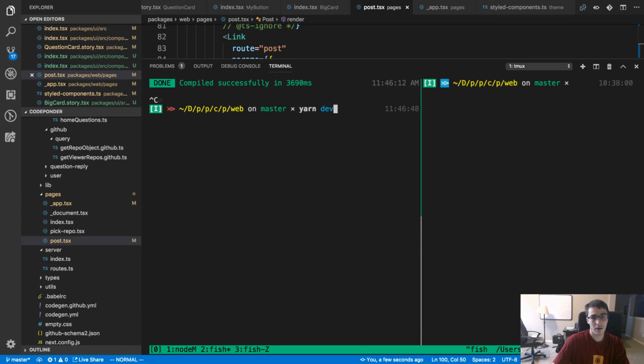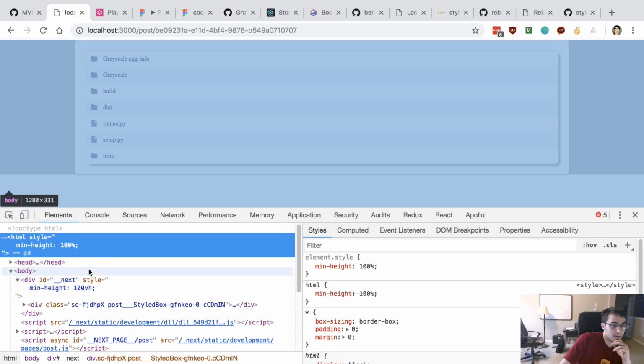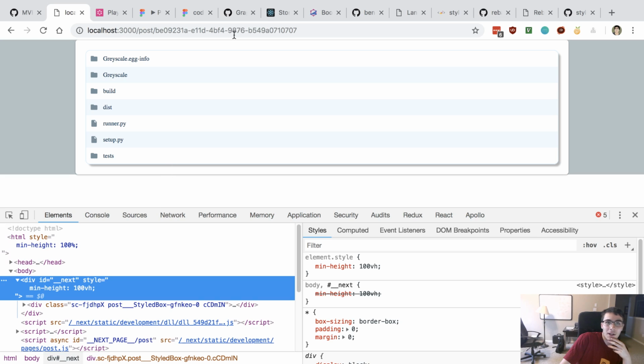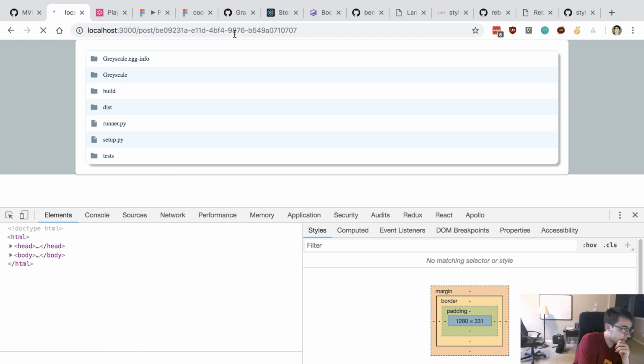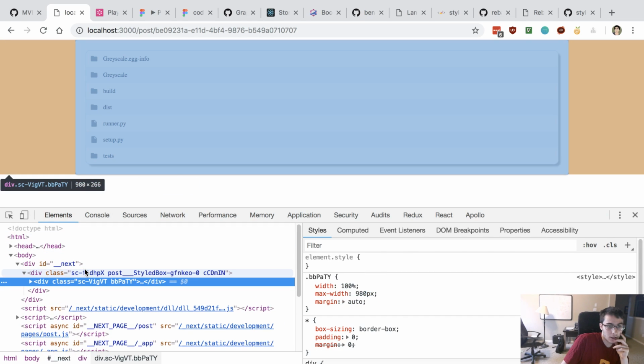Alright, so let's re-render this. So you don't think I should even bother setting min heights for the HTML, body, and __ next? What the heck?